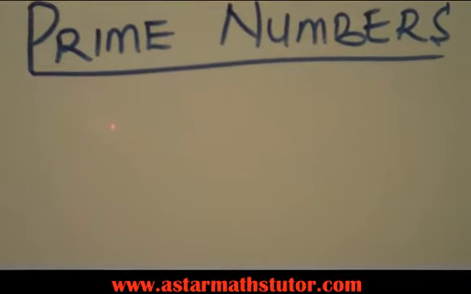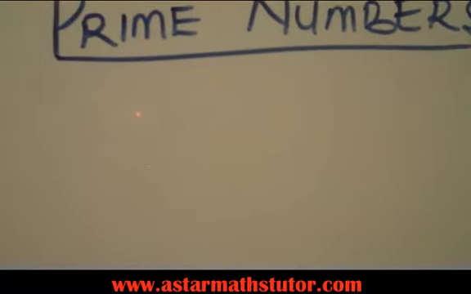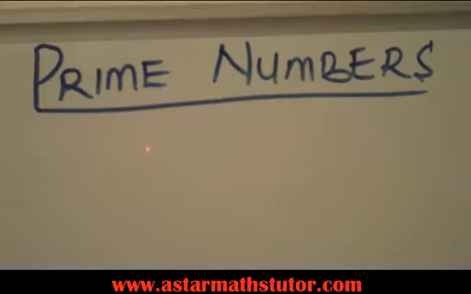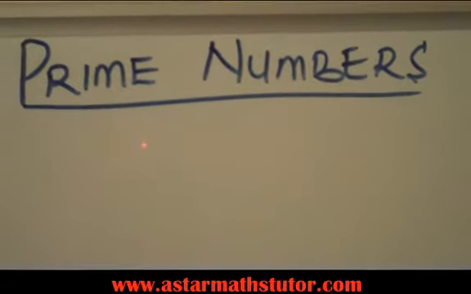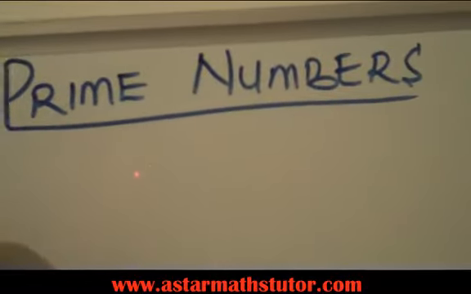Remember, this is our KS2 series, mathematics. Prime numbers. The first thing I always do is to try and define what prime numbers are. A prime number is a number which has only two factors, that is, itself and 1. I'll say: prime number